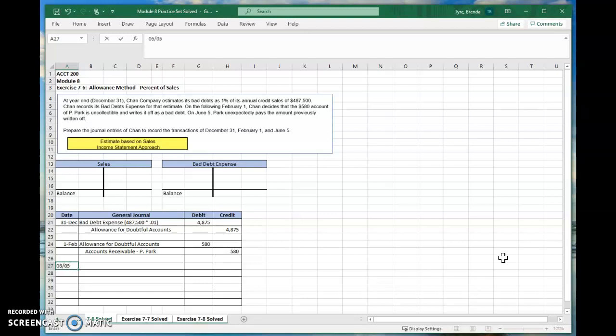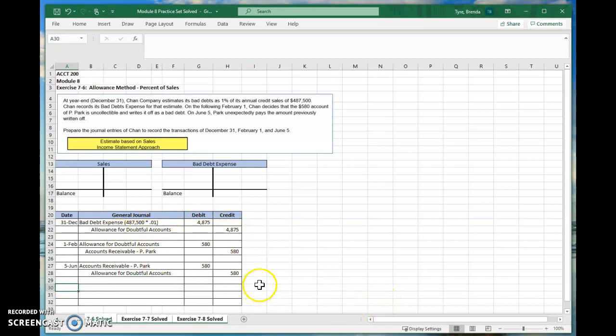So just like the direct write-off method, we're going to put it back in Park's receivable account because we kind of want to track what happened there. And so we'll debit that for $580. Now, instead of a credit to the bad debt expense like we did in the direct write-off method, we're going to put it against the allowance account. So we took it out of there because we thought we used some of it up. Turns out we didn't, and we're going to put it back. Now we've restored that allowance account back to the